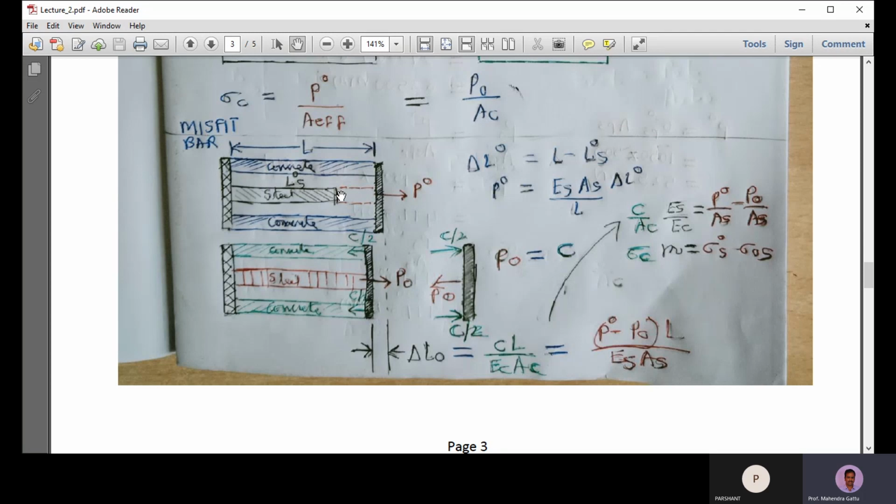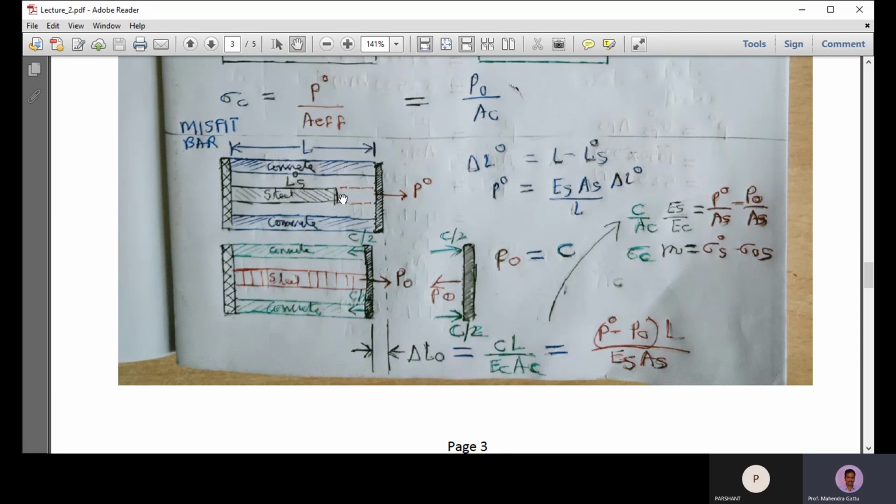So what will happen after that? Because this steel is in tension, it will try to reduce in length, and when it tries to reduce in length, there will be some compressive force coming on the concrete, and as it reduces in length, the stress in the steel also will get reduced. So this is the final configuration. In the final configuration, there is a compressive force in the concrete and a tensile force in the steel. The analysis we have done previously is similar to this analysis.